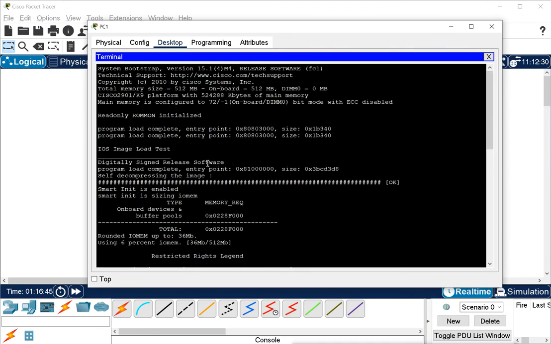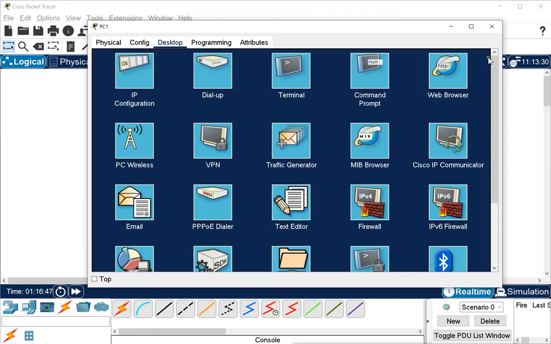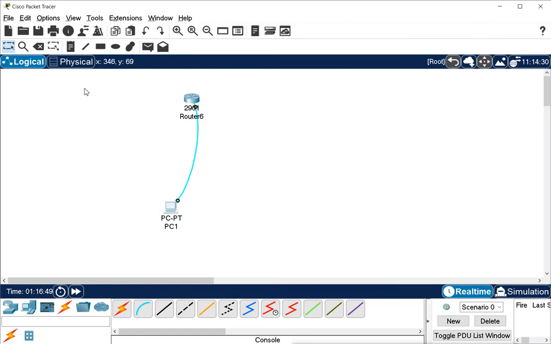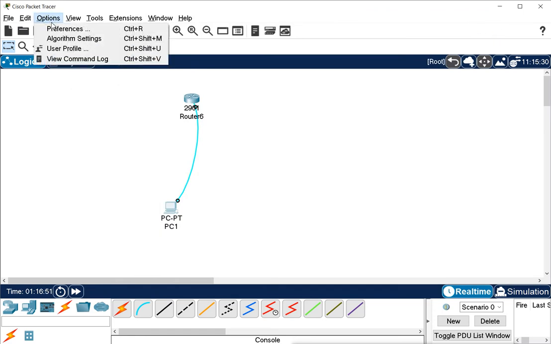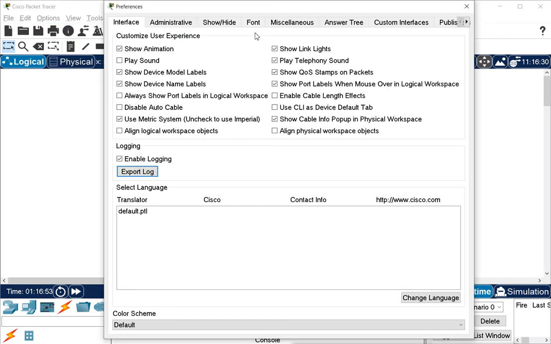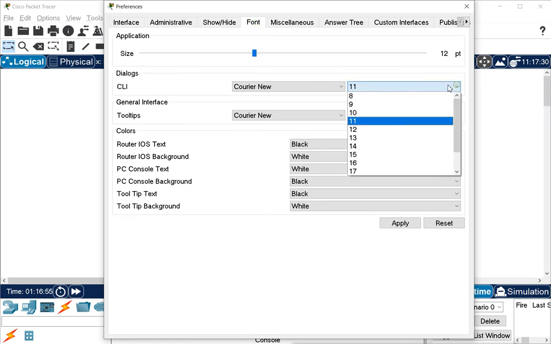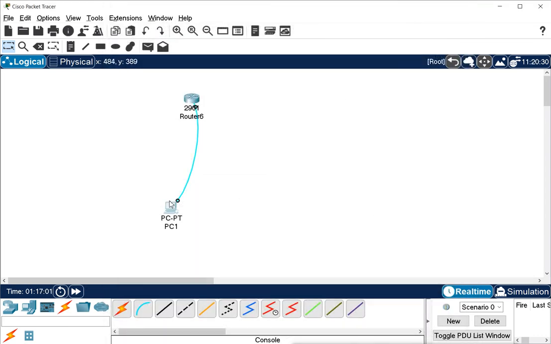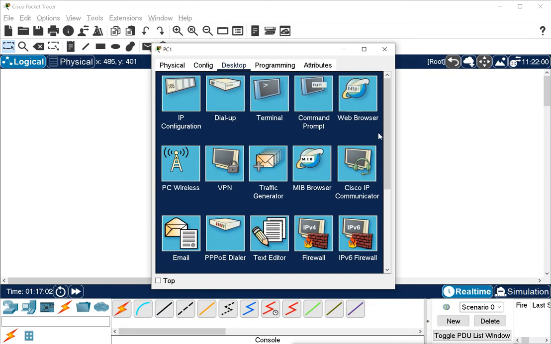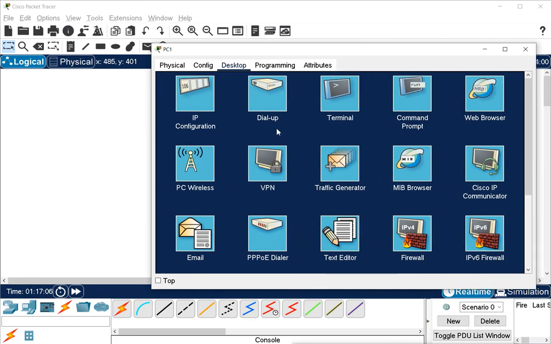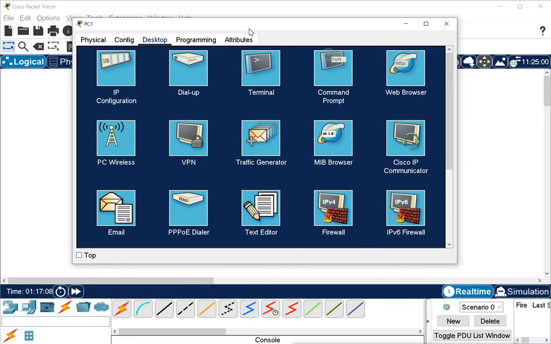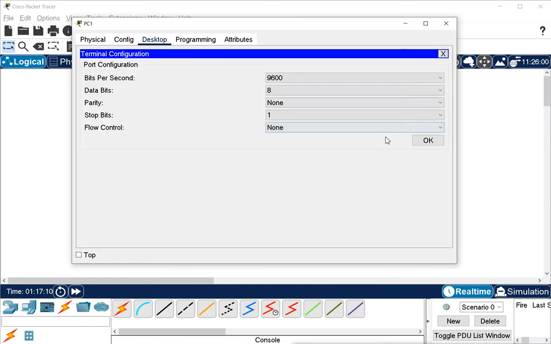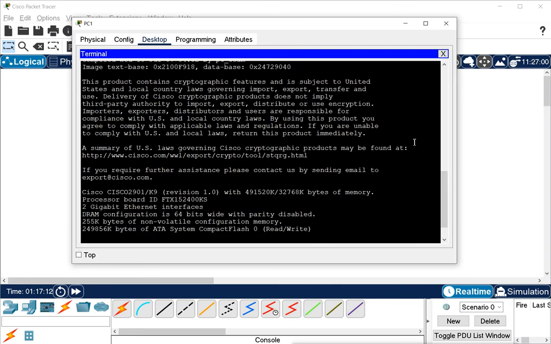I'll go for 12 now. Font, I'll go for 12. So again I will go to select the terminal and bitrate, and now it is showing like this.